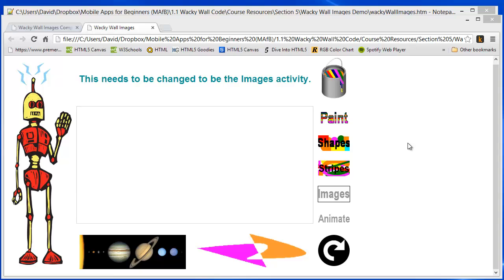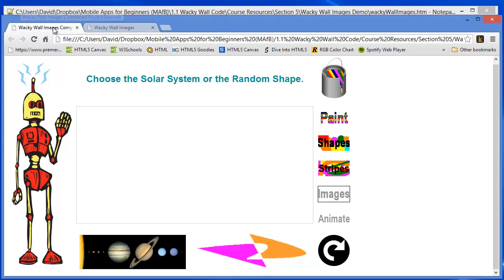In this video, I'm going to demonstrate how you will do the assignment to use arrays and add mouse interaction to this images drawing activity. I'm going to start where I left off in the last demo video, and I'm going to demonstrate that with the completed version of the code,